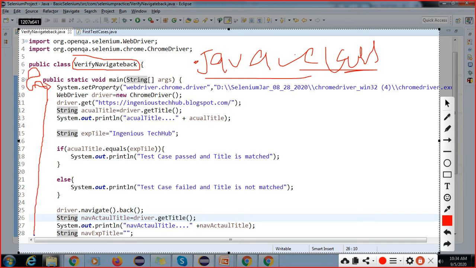Whatever lines you have written, it will execute from top to bottom. So it will go here and we have System.setProperty, right? System is an inbuilt class. If you can see this, in the first class we have imported all the jars. All the jars are available here. I'll show you later what will happen if I go up. Again, we need to make this diagram, I will show you.